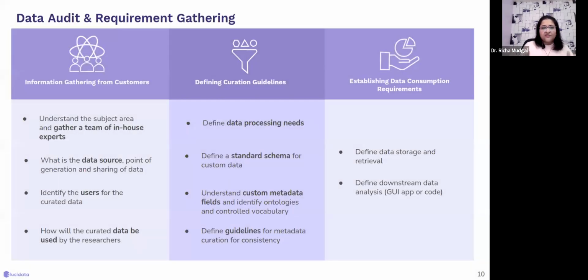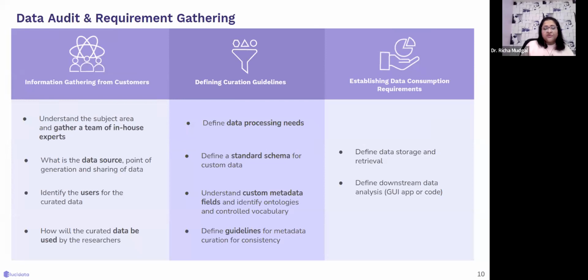So this is, I would say, one of my favorite steps when I do any new curation related project. This step is very, very critical, where we try to understand from the customer what the data is really telling us. The first and foremost step is that when we get a curation project, we try to gather a team of experts that would have enough subject area knowledge and could help them curate their data as well. We try to understand what the source of the data is, and how it was shared with them, or how they could share it with us.